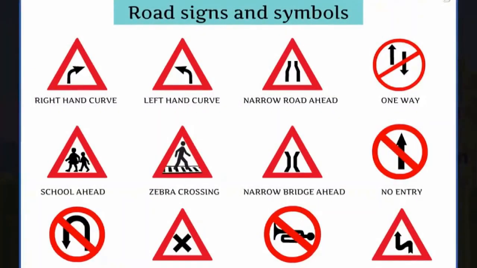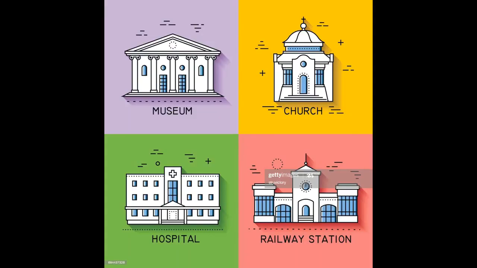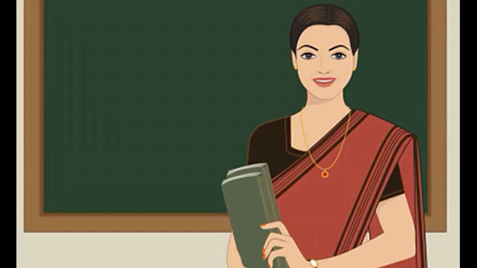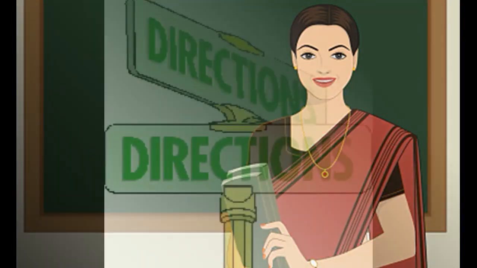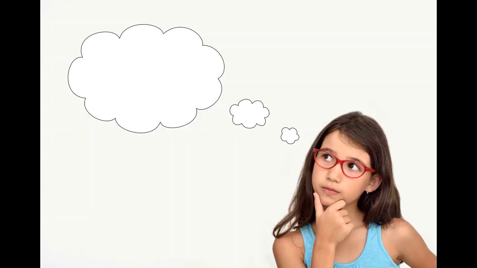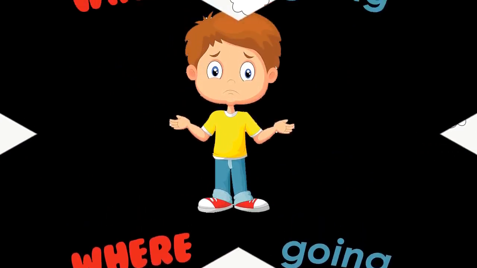It uses various signs and symbols to indicate several public places like railway stations, hospitals, restaurants, churches, bridges, and so on. These places are also called landmarks. They are buildings which are well known and can be easily spotted. Now Slaters, directions are also very important components of finding a location. If you don't know which direction to move, then you might miss the location.